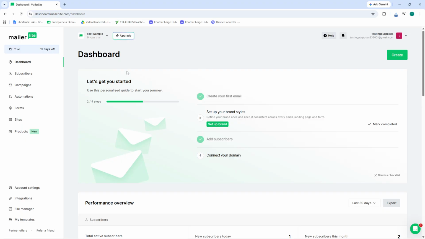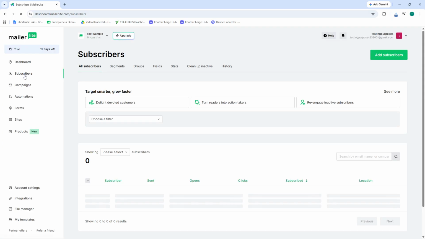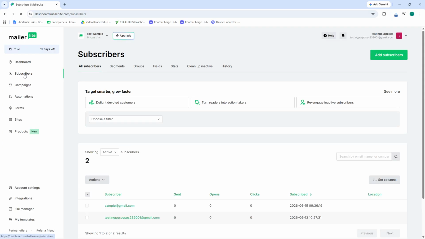Take a moment to familiarize yourself with the layout if you haven't already. It's clean and intuitive, designed to keep you focused on what matters. Now, to begin the import process, click on Subscribers in the navigation menu on the left side of your screen. This menu is your main way to move around MailerLite, and the Subscribers section is where all your contact management happens. When you click it, you'll see your existing subscriber list, if you have one, along with options to add or manage contacts. This is the hub for everything subscriber related, so you'll be spending a lot of time here